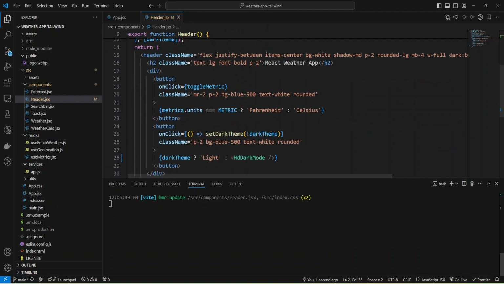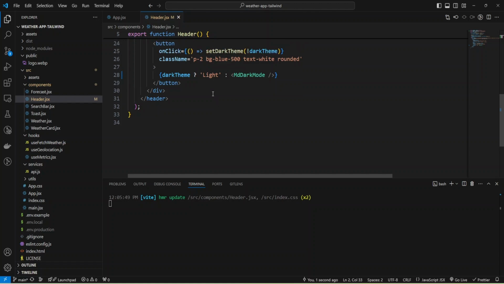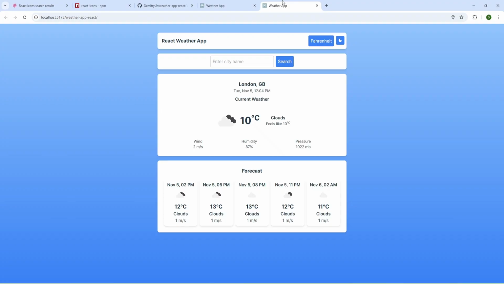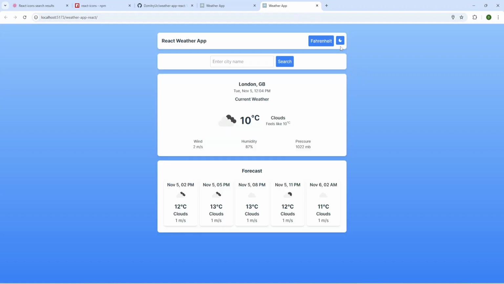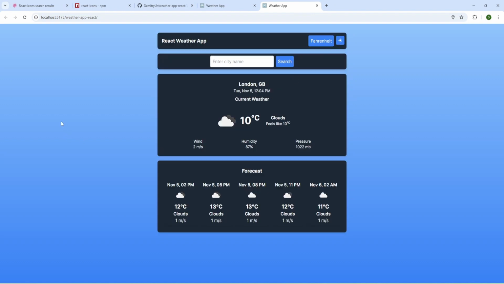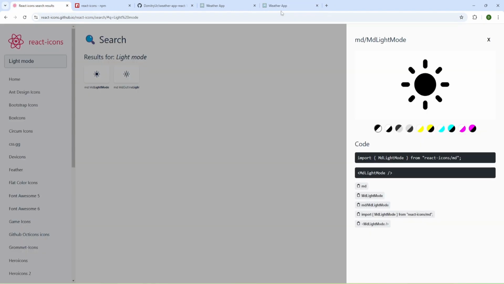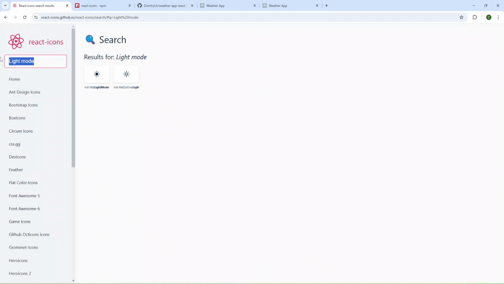Just copy this component and add it instead of the light word. Okay, and I can hide the terminal. Let's check. I can switch between modes, and that works. And let me change Fahrenheit also.